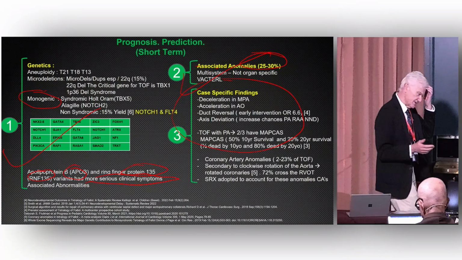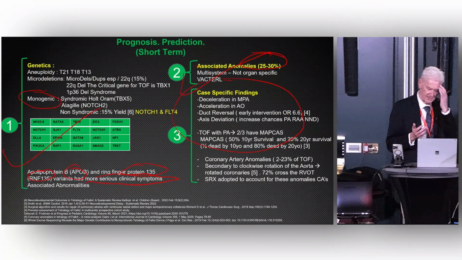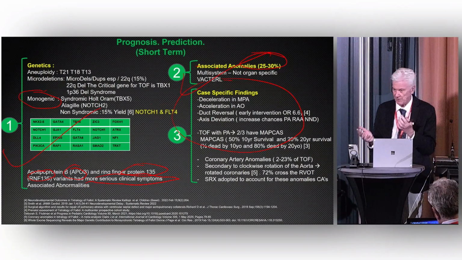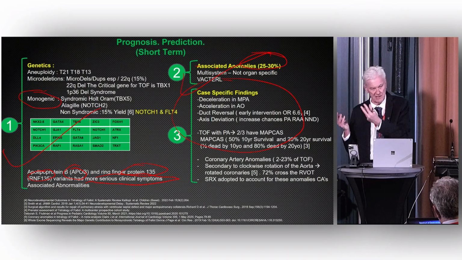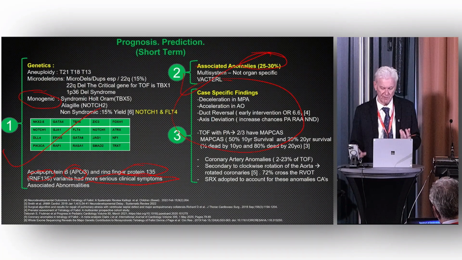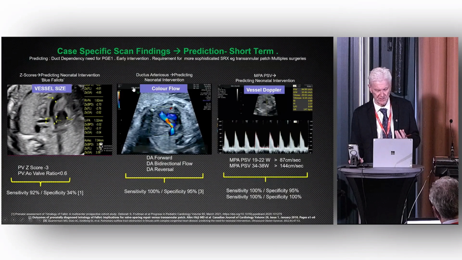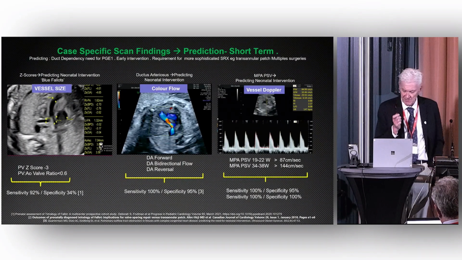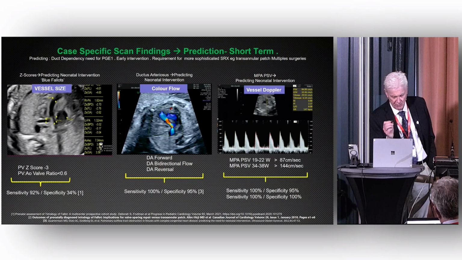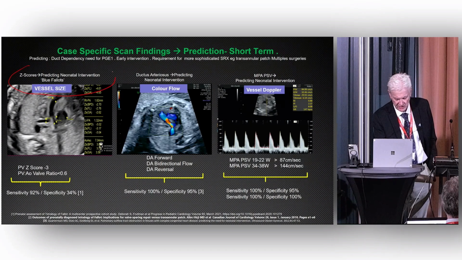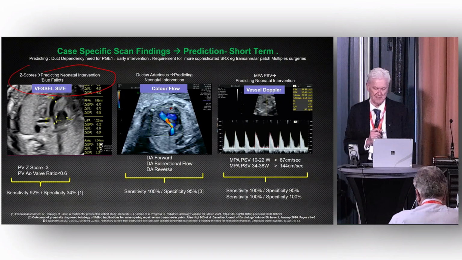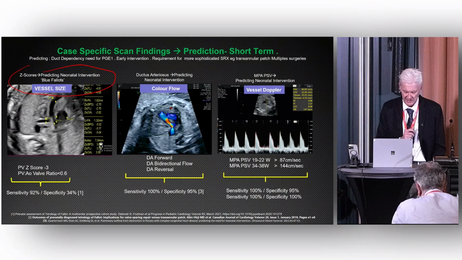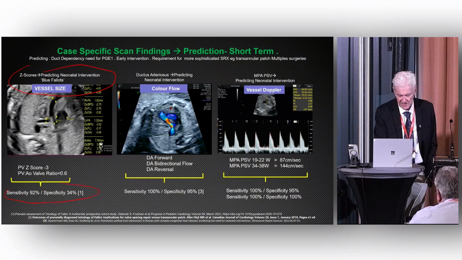So it becomes important not just to talk about Z scoring and determining the caliber of the pulmonary artery, but also looking at the aorta as well. In fact, considering the ratio between the two in terms of prognosticating. I'll make it very simple. In terms of everything that's been published on it, one thing we all do is look at the size of the vessels in terms of prognosticating outcomes, talking here in terms of the need,